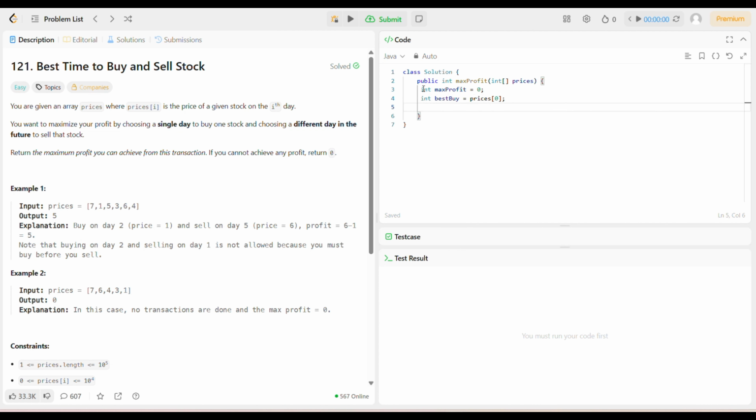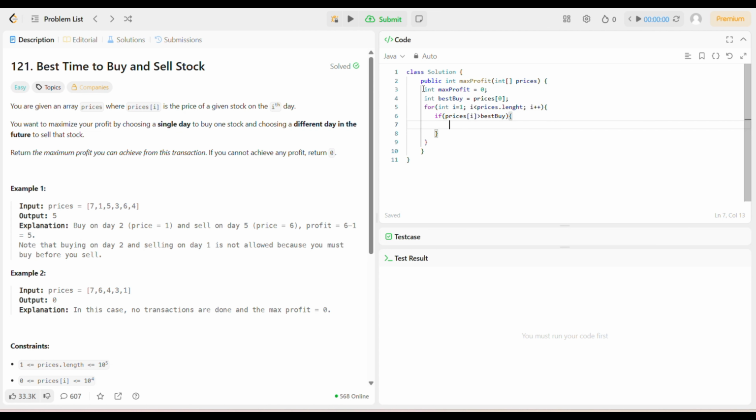Now we run the loop for int i is equal to 1, i less than prices.length. Okay, now we will give a condition: if prices[i] is greater than bestBuy,